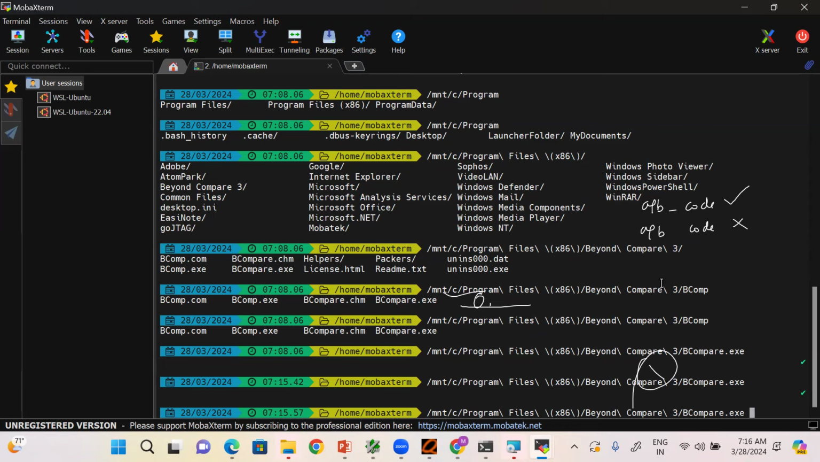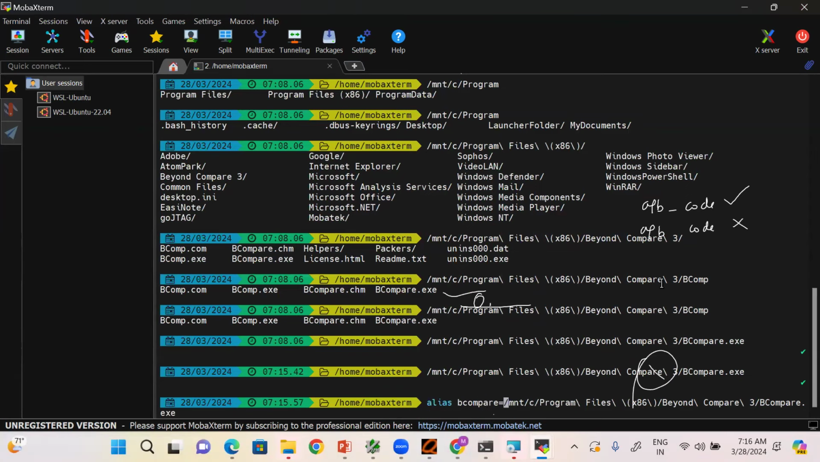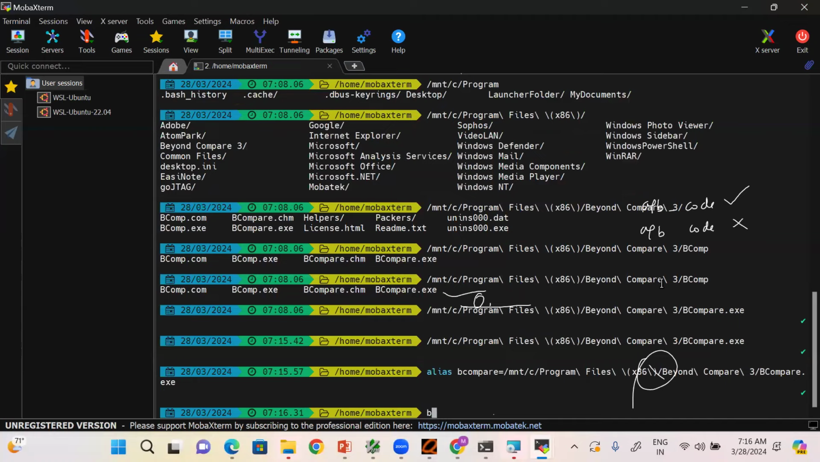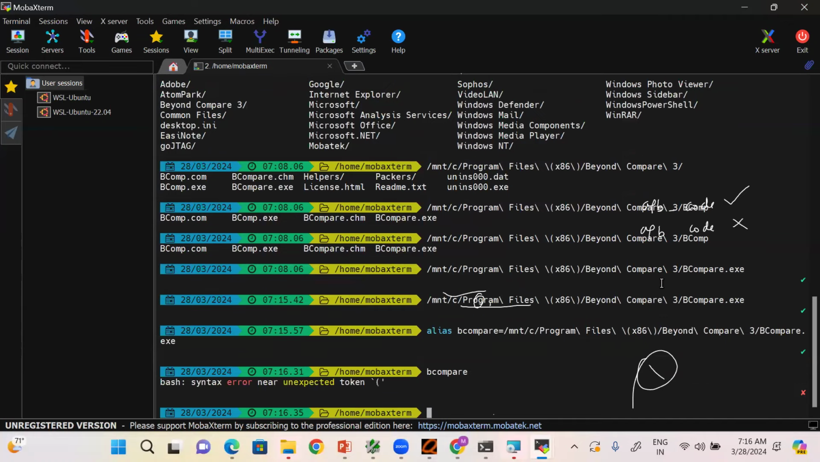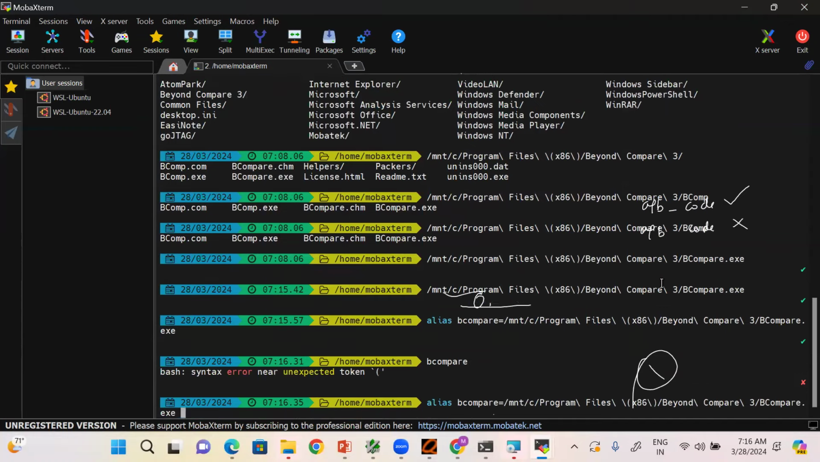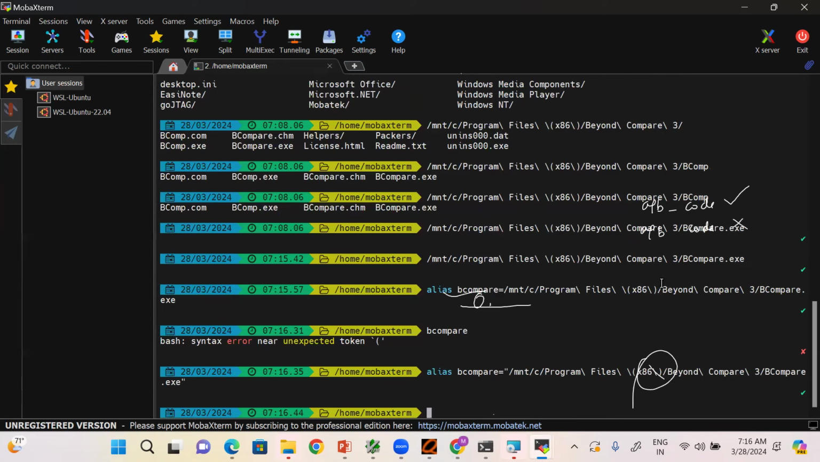Whenever now onwards, if you need Beyond Compare, you need to type this very big path. I can use an alias. Alias bcompare equal to this one. Okay. Directly we can use the alias. See, one minute. You need to give double quotes here. Okay. You can use it here also. I'll tell you. Now bcompare. See,